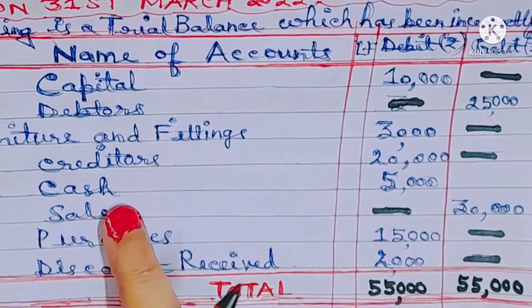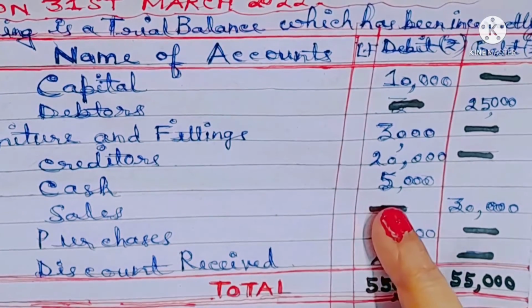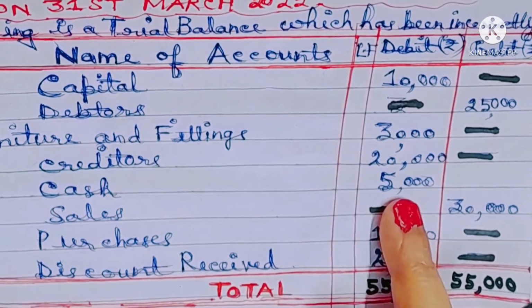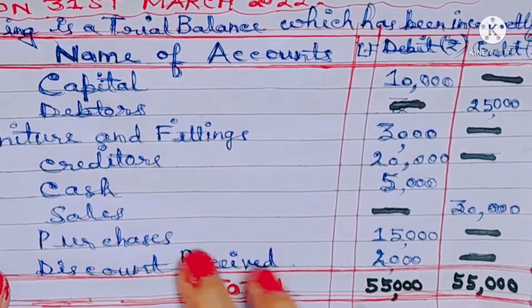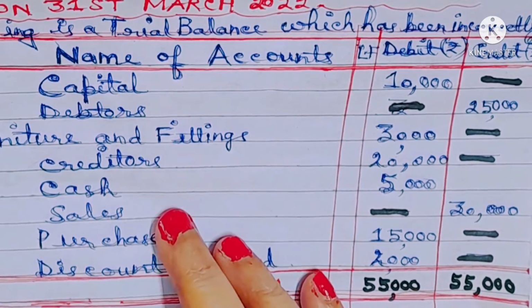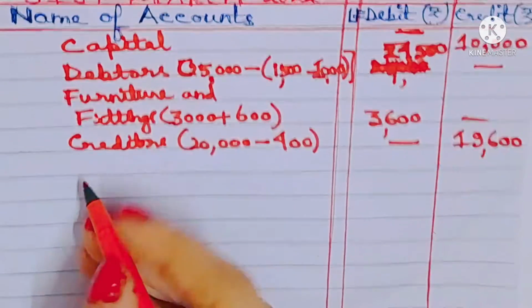The next account is cash, which has been correctly written in the debit column because cash has a debit balance and there is no adjustment for cash. So we can straight away write cash in the debit column as 5,000. So let's write cash